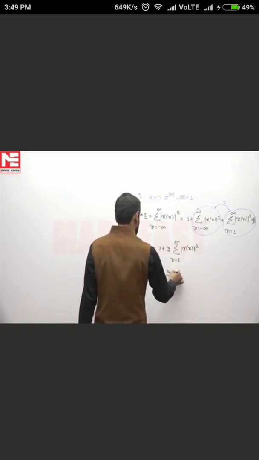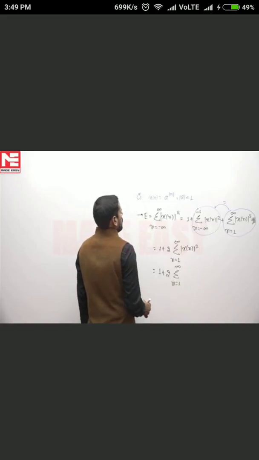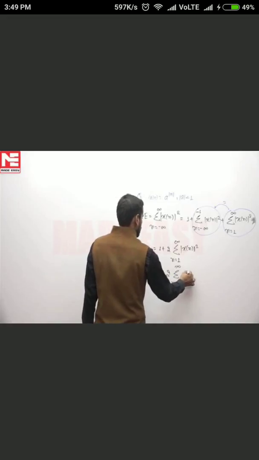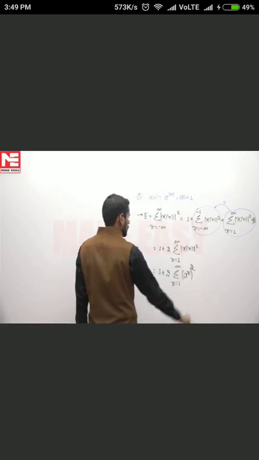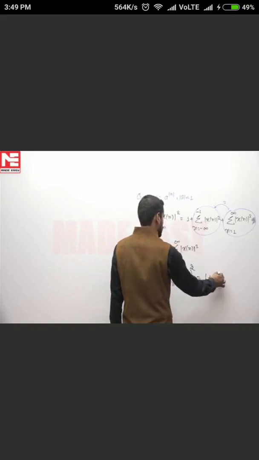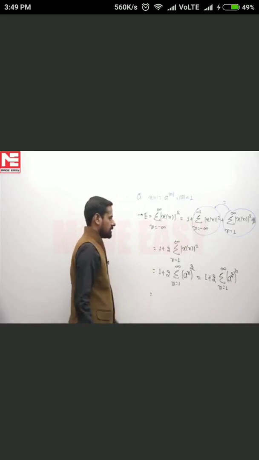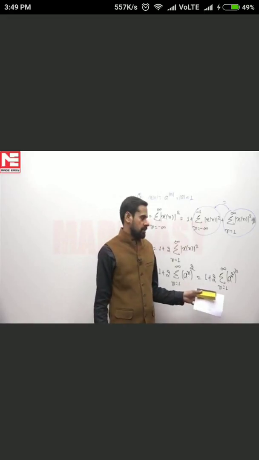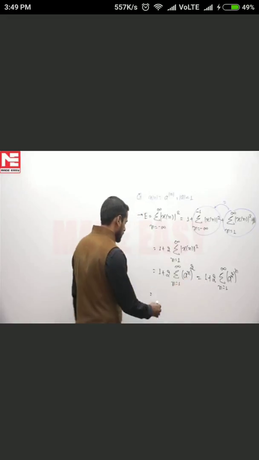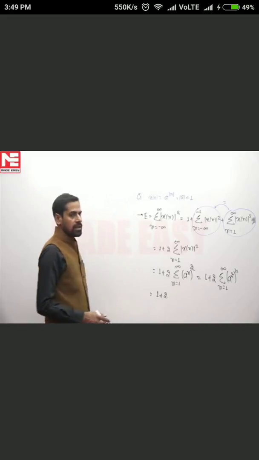So we can write down in this way also, summation 1 to infinite. Now modulus of xn is a to the power n, and its square value will be like this. So we can write down in this way, 1 plus 2 into summation 1 to infinite a to the power 2n, or a square raised to n. Now it is an example of infinite extension GP. So we can write down the result in this way also, 1 plus 2 into the result of infinite extension GP